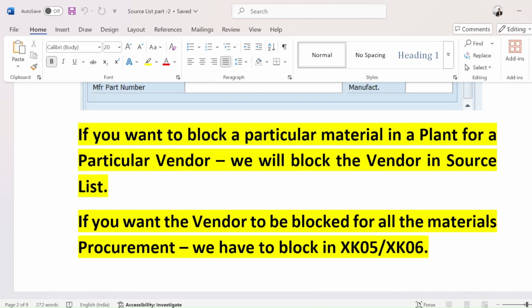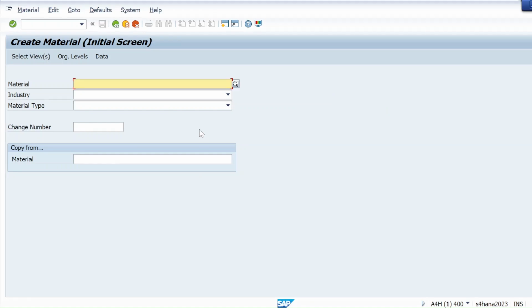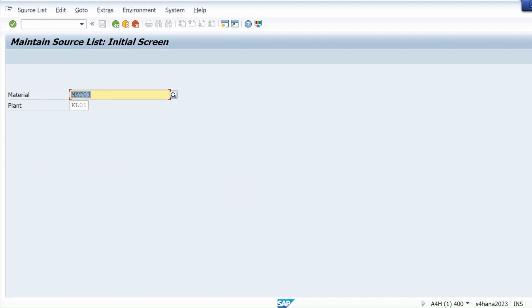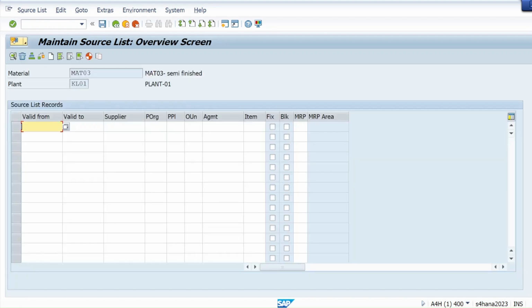But if we want to block that vendor permanently for all the material, in source list in ME01 we just block for some particular material. Let me show you. You can see, for that particular material we are going to block. So if we want to block, we have to block for some particular material and for a particular supplier or vendor. But if we want to block some supplier for all the material, for procurement of all the material,